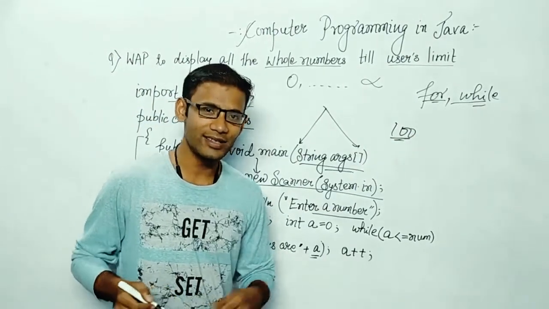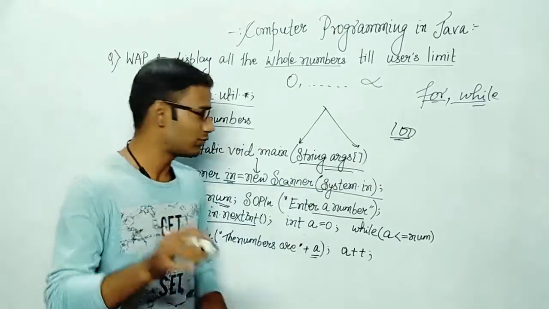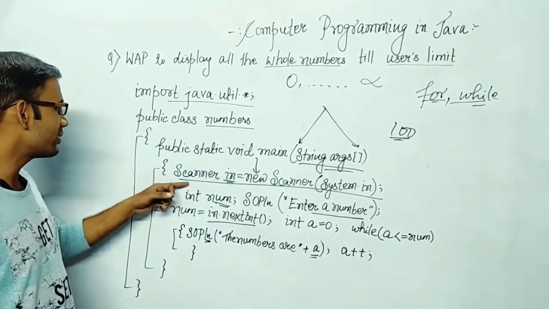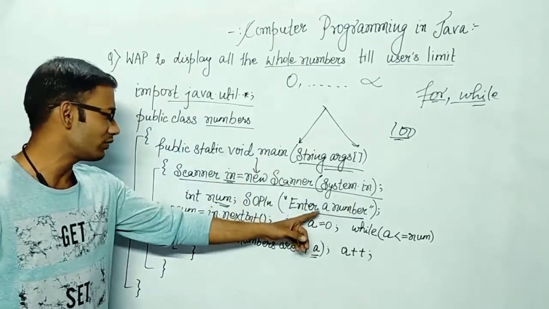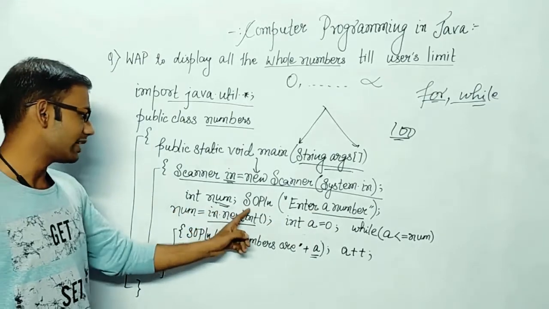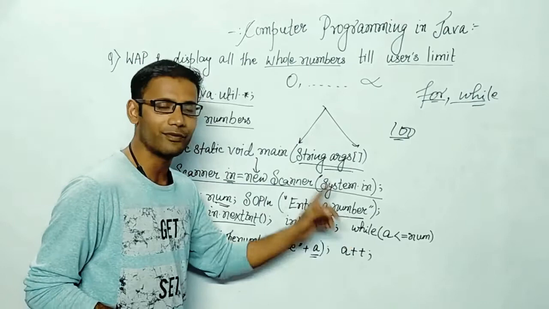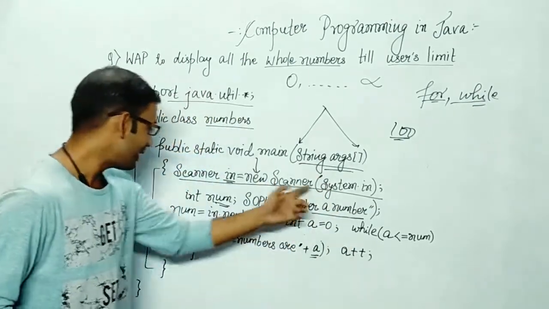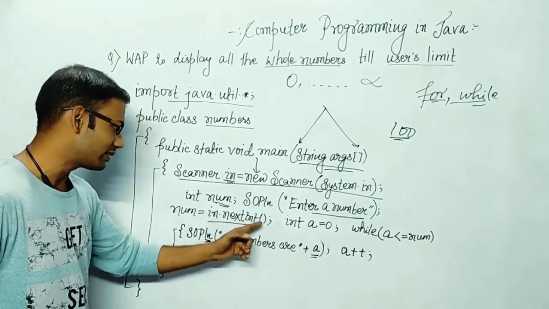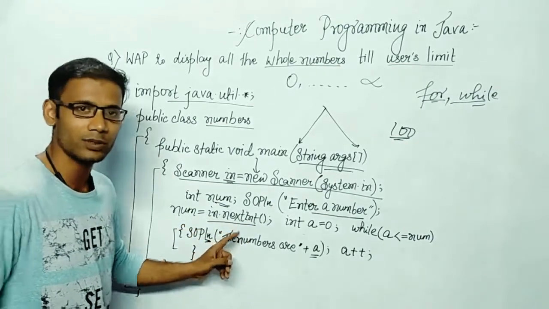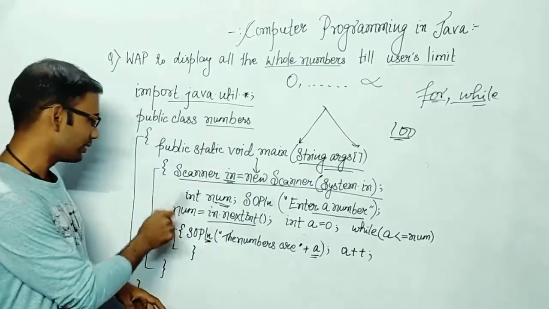So here it is. This is the video in which I have utilized the while loop. Just focus on it. Same thing till over here, Scanner in = new Scanner(System.in), things remain the same. After that, utilization of the while loop. Print num, SOPLN, enter a number. As soon as the user sees enter a number, definitely the user will feed a number. That number will get stored inside num using this function in.nextInt, which is responsible for inserting the value inside the variable num.